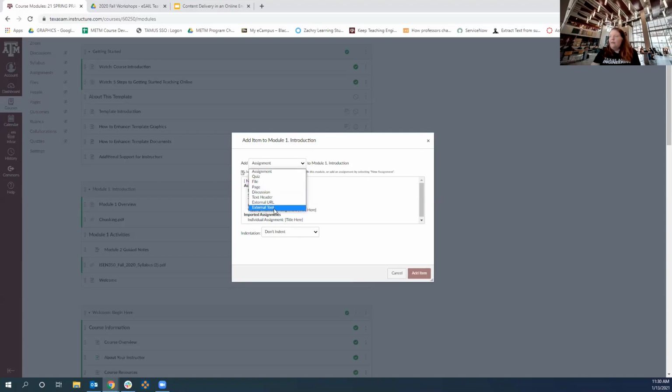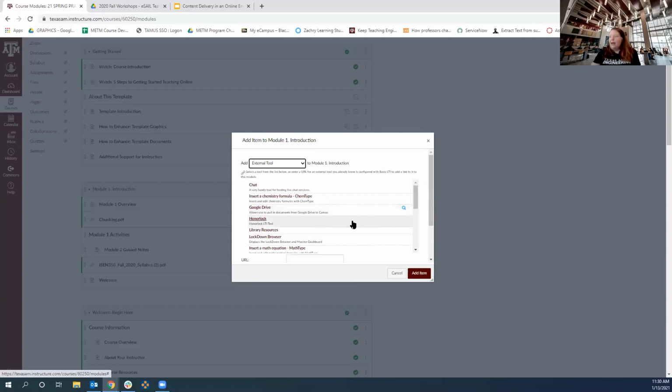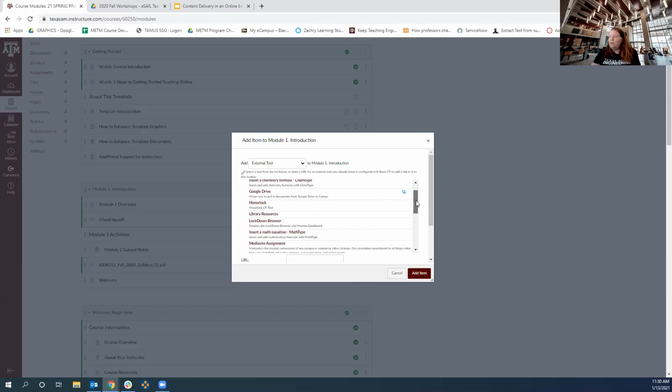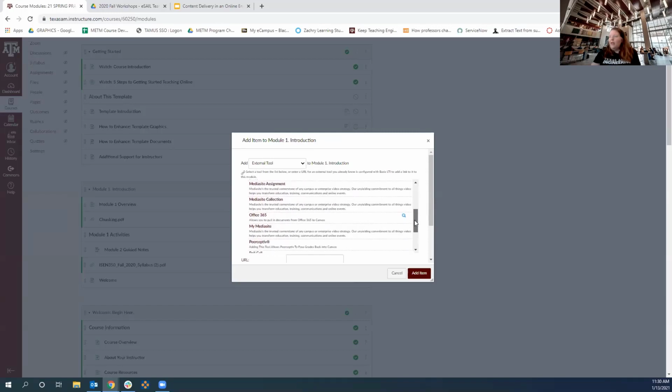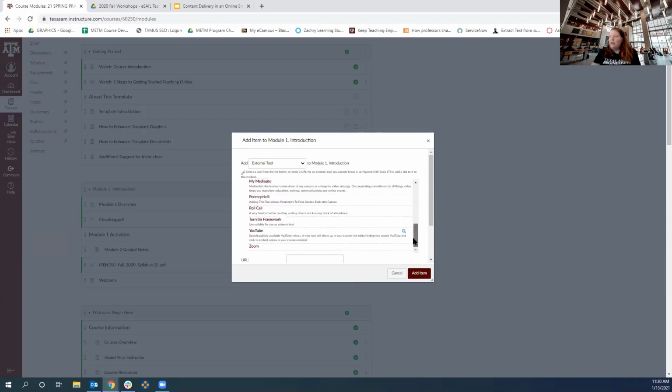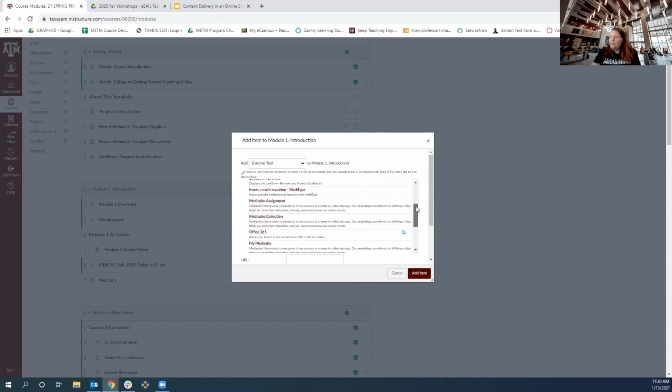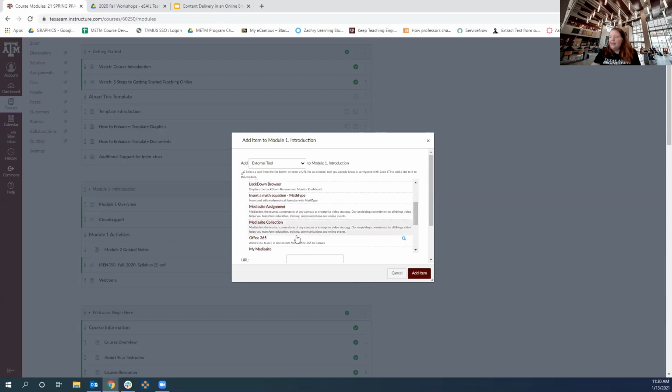But if I hit on external tool, I can actually get to these different tools that we have inside Canvas that AI has provided. So YouTube is one of them. But also I want to point out there is Mediasite here. That's the university's Mediasite server, not engineering's. So I want to point that out.